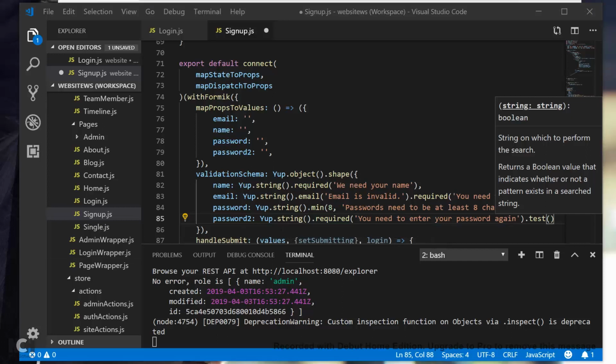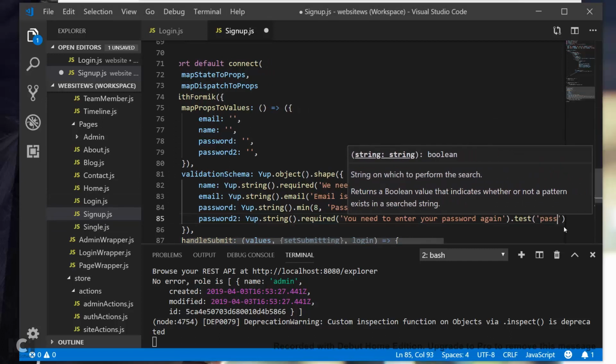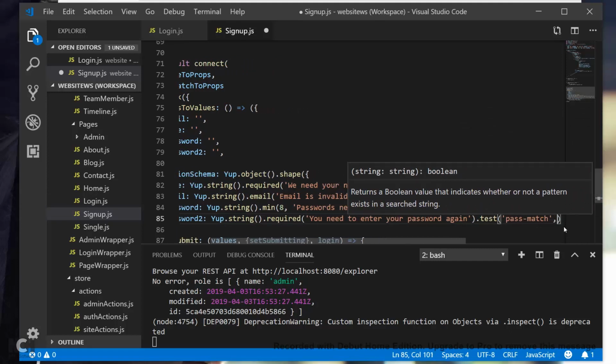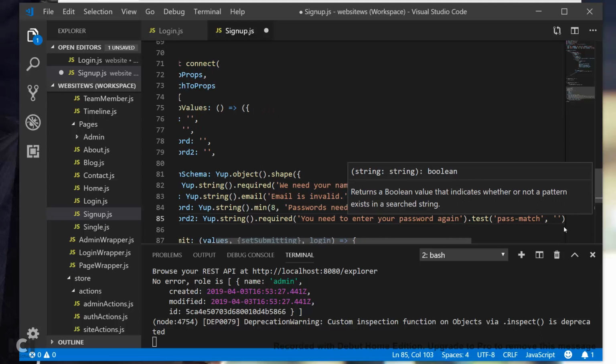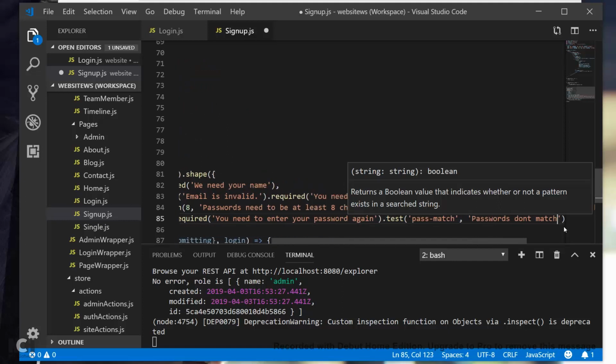And the test is a function, so we're going to give it a name as the first parameter, which is going to be pass match. The message if this test does not return true, which will be passwords don't match,